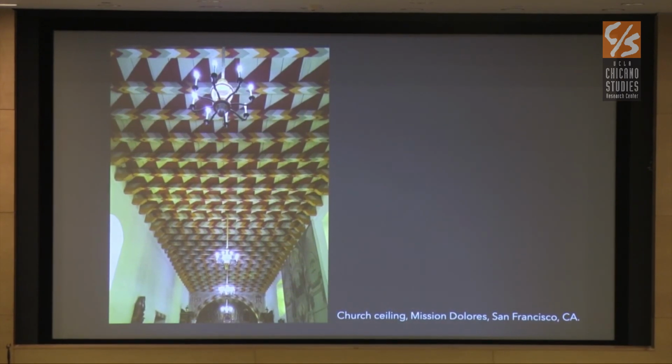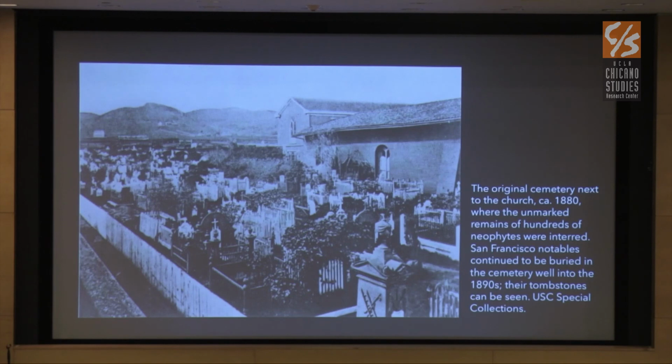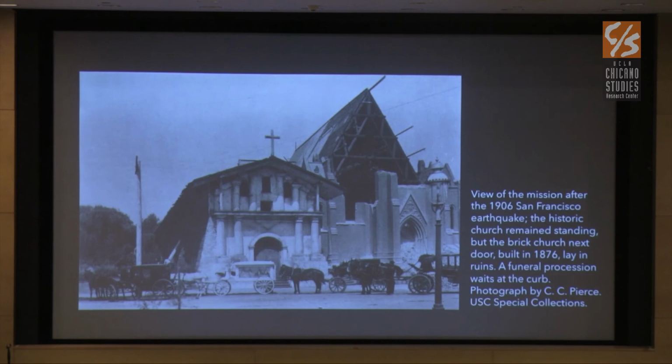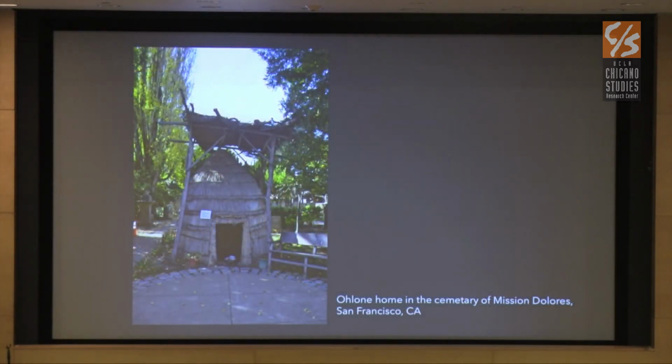Here we see the painted ceiling of the mission with colors and designs reflecting the Ohlone visual culture. The mission's deep relationship and impact on the indigenous community of the Ohlone runs parallel with the histories of landscape and architecture. The resilience of the Ohlone peoples marks time with the persistence of the mission in San Francisco. New histories emerge as old narratives are analyzed, as soils are tilled to let grow what was once there from